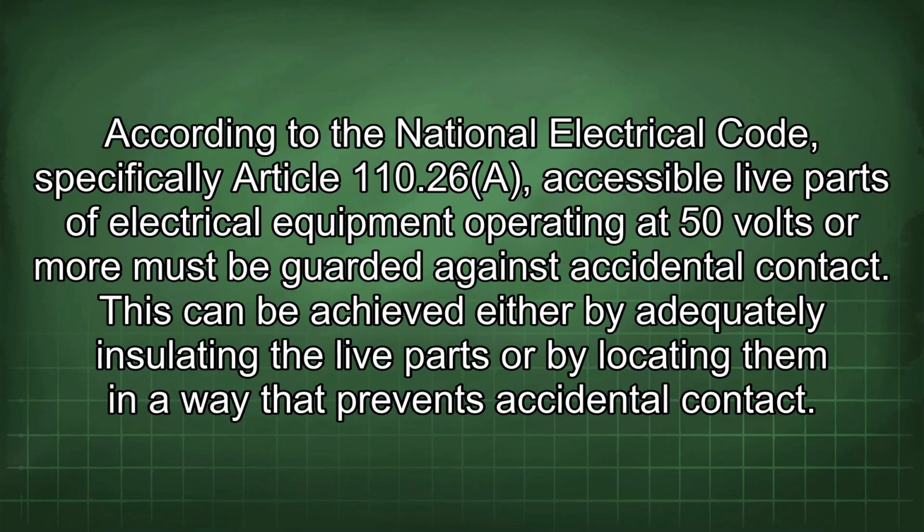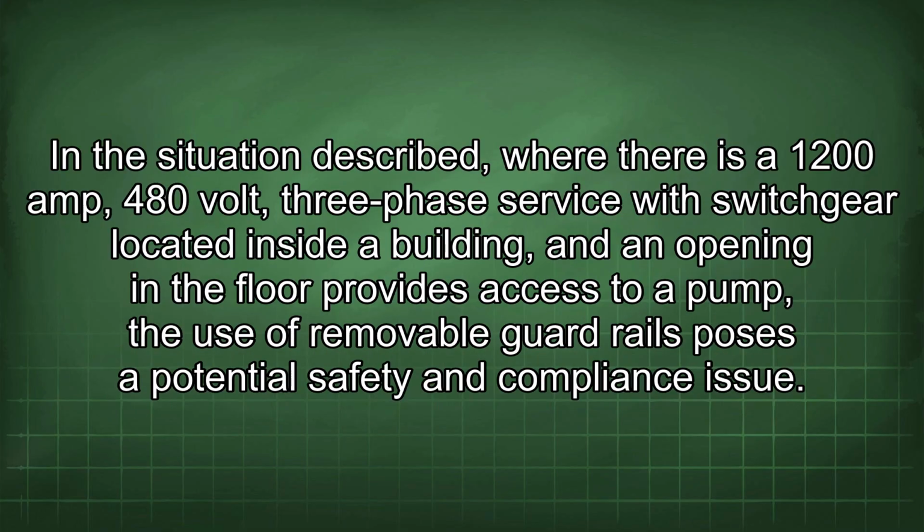According to the National Electrical Code, specifically Article 110.26(A), accessible live parts of electrical equipment operating at 50 volts or more must be guarded against accidental contact. This can be achieved either by adequately insulating the live parts or by locating them in a way that prevents accidental contact. In the situation described, where there is a 1200 amp, 480 volt, three-phase service with switchgear located inside